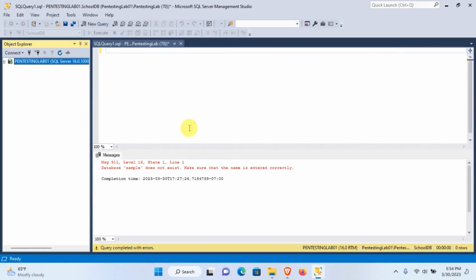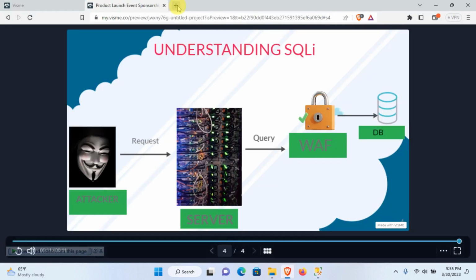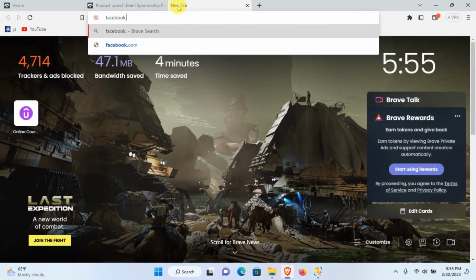In my case, I have Microsoft SQL Server Management Studio. There are a lot of websites, and some websites have forms. So in the case of a form, how will the malicious query work, and how will the normal query be? Let's suppose we have a website. If I type facebook.com,